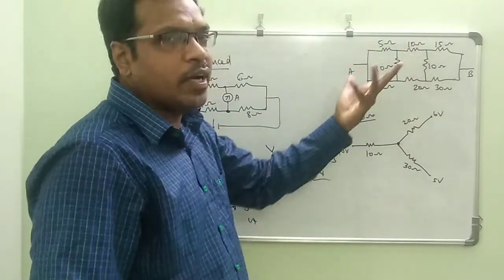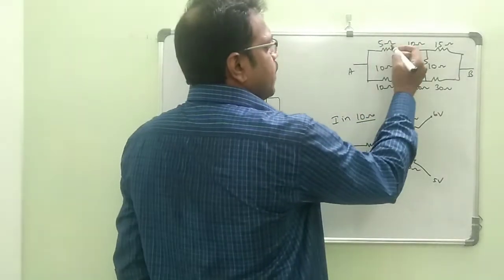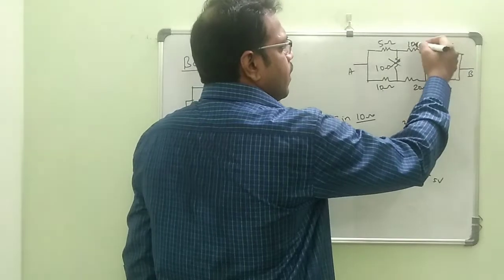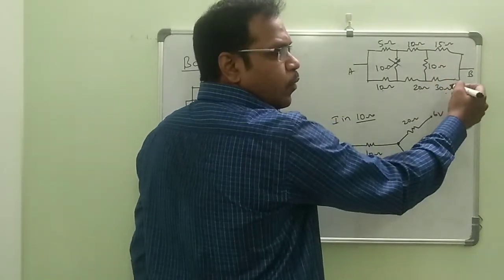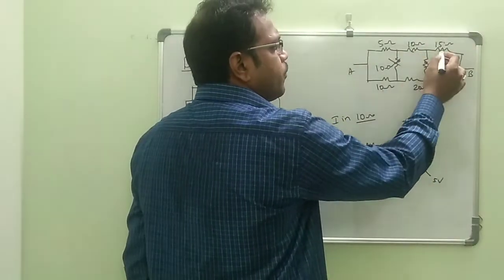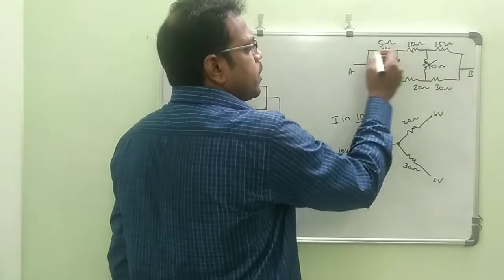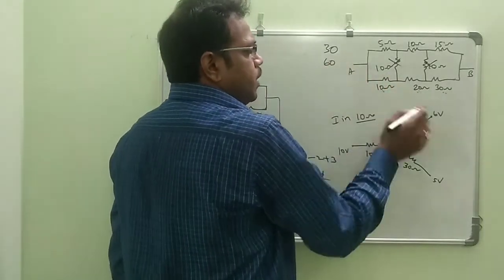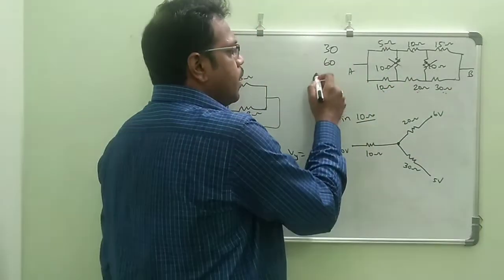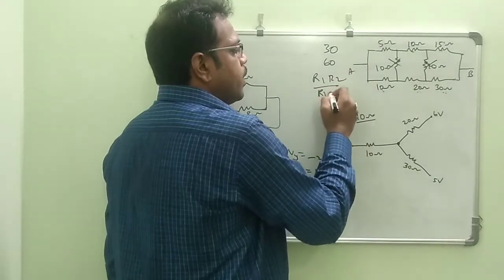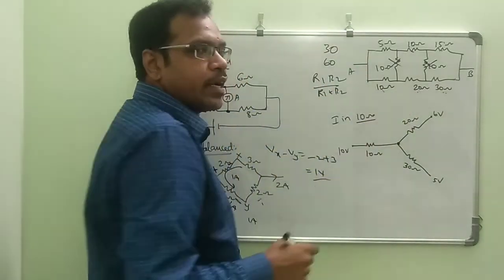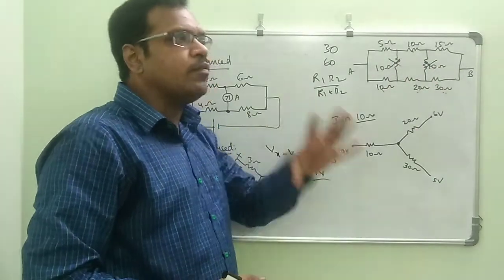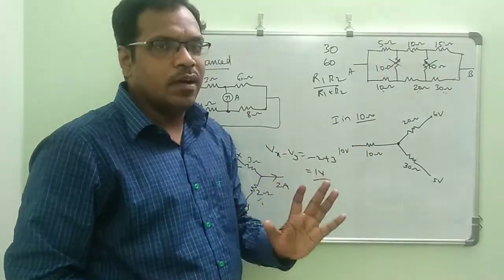Now this is an extension of the Wheatstone bridge. How can we decide? Equal ratios: 5 by 10, 1 by 2, 1 by 2, so this will be cancelled. 15 by 30, 1 by 2, this will be cancelled. 5, 10, 15 in series, so how much will come? 30. 10, 20, 30 in series, 60. Both of them are parallel. Parallel: R1 R2 by R1 plus R2. Solve this one, you will get the answer. Simple, like this only. Complicated ones will be there; I have already given some clues.